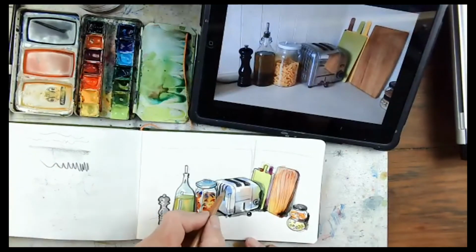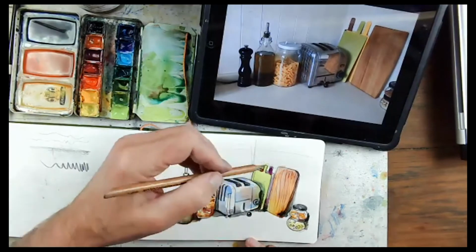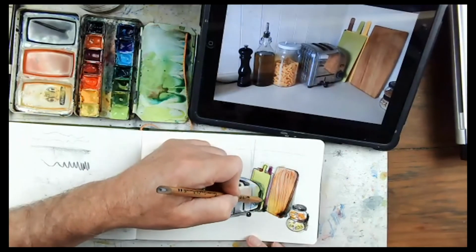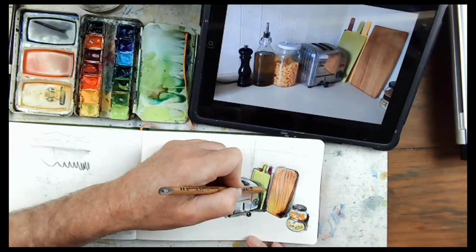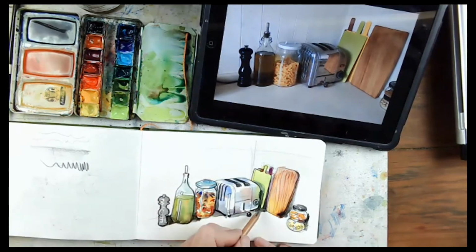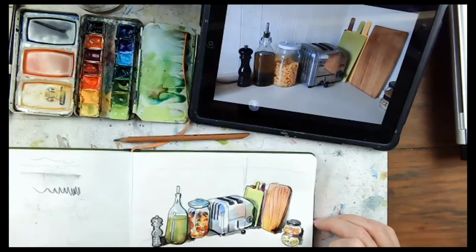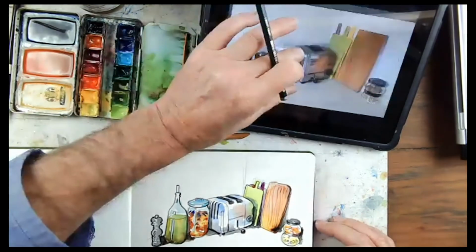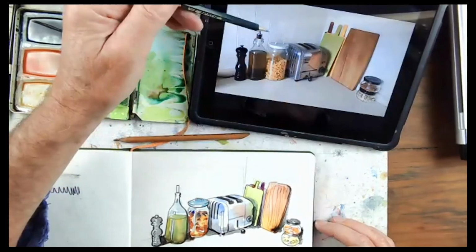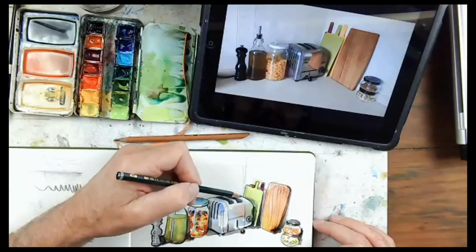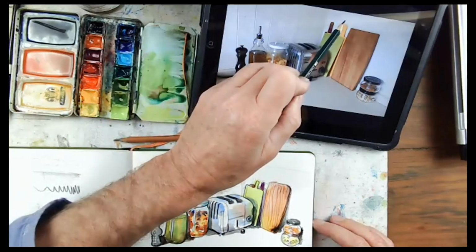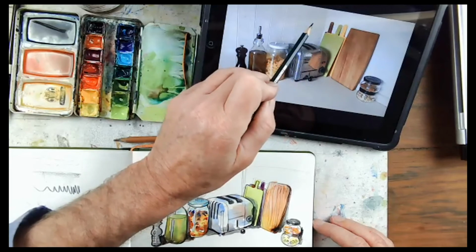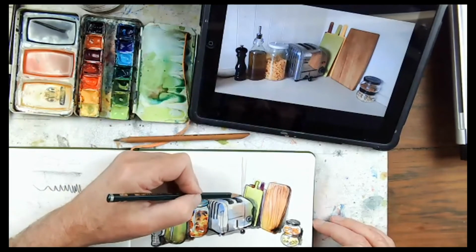I'm happy with that pepper pot. That's all right. I'm okay with that. This needs a little bit of a shadow down there. I'm using the pencil because that is perfect for the job. Now, what else can we do? There's paneling at the back here. And also, there's a difference in tone between that wall, which is being hit by the light, and this one, which isn't. So let's just